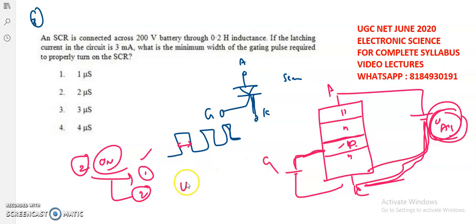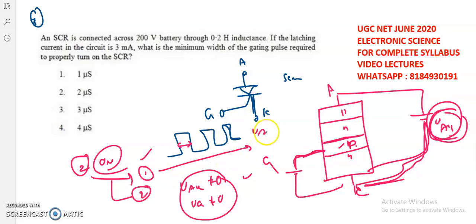So in this case, V_AK is some non-zero voltage and the gate is also some non-zero voltage. Due to this condition, we can bring the SCR into the conduction state. But in the first case, V_AK is non-zero, but the gate voltage is 0. Out of these two on states, the second one is preferable, because in the second case the junction J2 will not go into breakdown, such that the SCR can be brought into the conduction state in a safer mode. So the second condition is the better choice to bring the SCR into the on state.